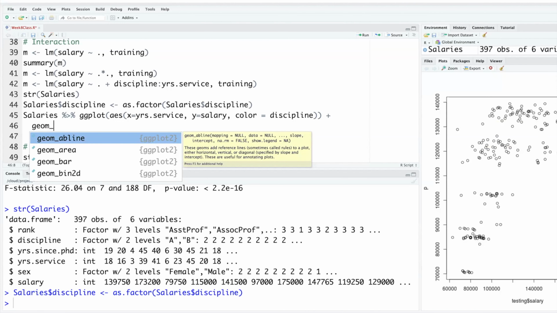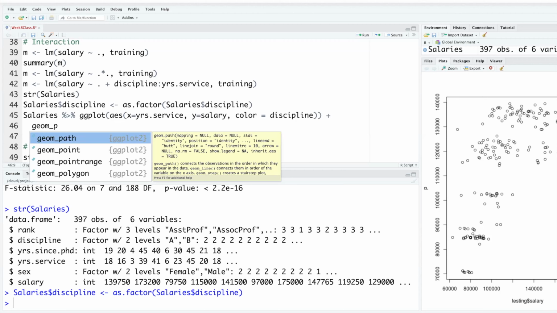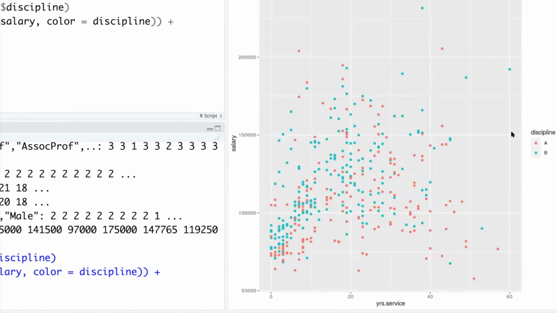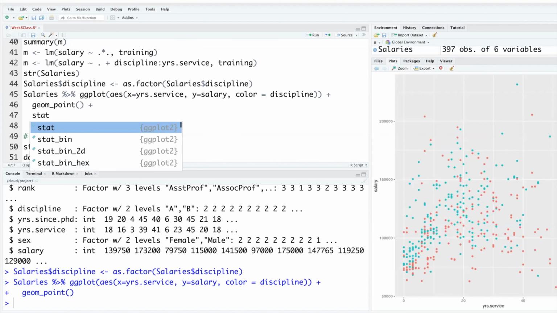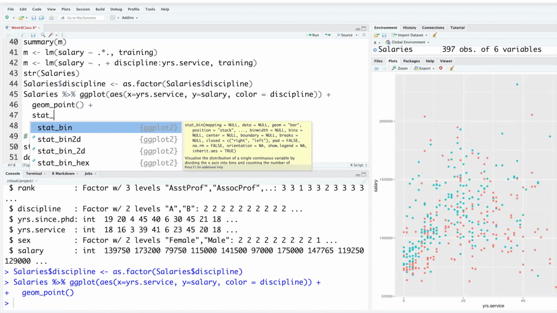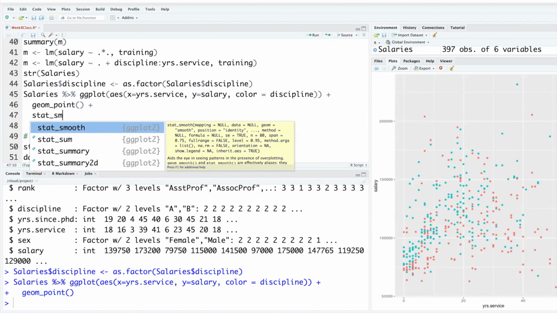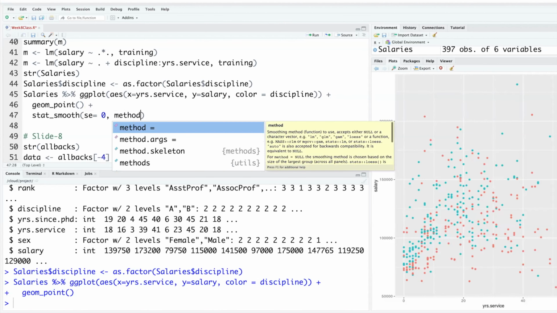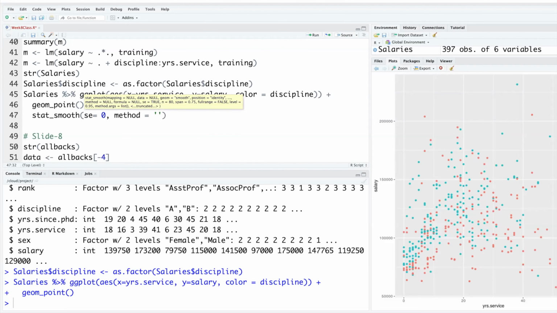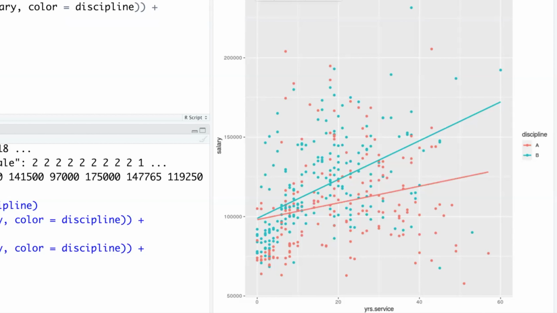We want to do scatter plots, so we'll use point. This will look like this. Let me also add one more line, stat underscore smooth. I want to add lines, so we don't want the confidence band, so standard error equals 0, and method will say within quotes linear method. So this is what you see.